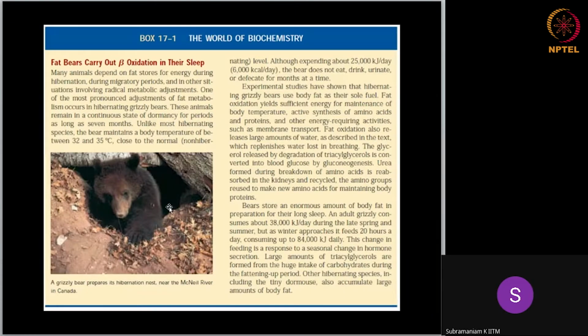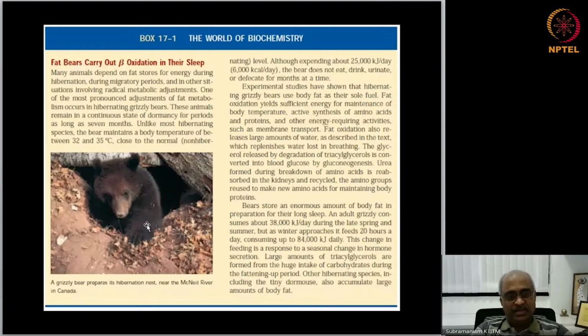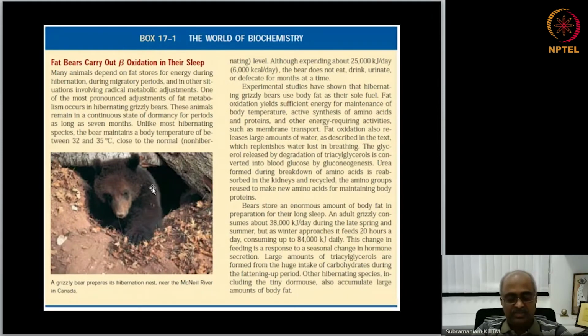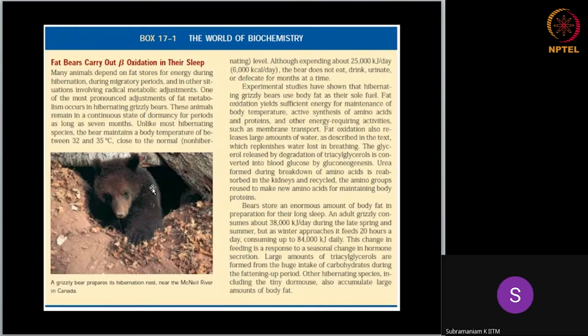And to further illustrate that point, these animals, here you see a grizzly bear. Grizzly bears live in the northern part of North America. These are large black bears. If you have seen our bears in the Western Ghats, these are like those, furry black bears, but these are really big. A single bear will be about 400 kilograms in body weight. And in the northern part of North America, for example the Rocky Mountains of Canada,